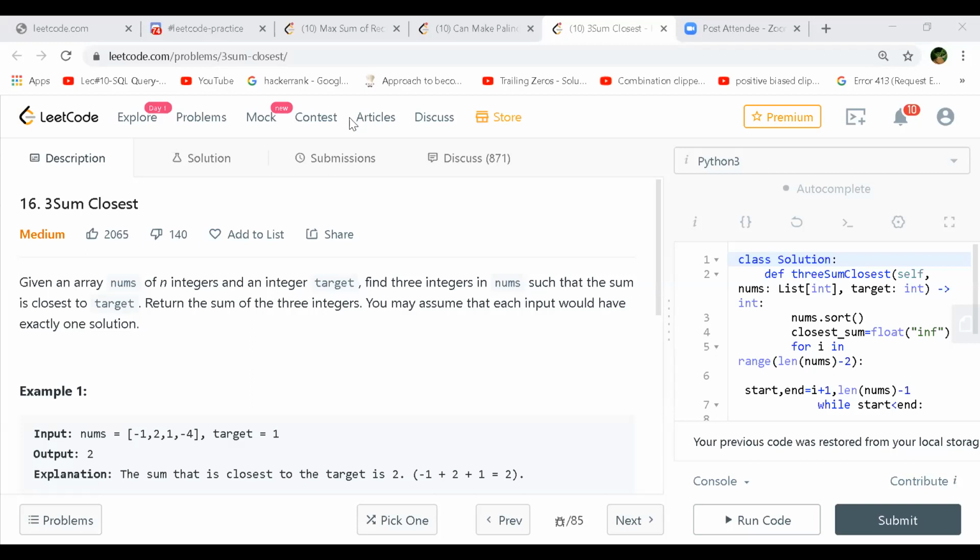This looks like a fabulous solution, but I think we'll have to sort. Maybe he'll be able to tell us. He has not posted the complete solution, just a snippet of it. In that case, you have to have a sorted array, then it should work. Yeah, that makes sense.